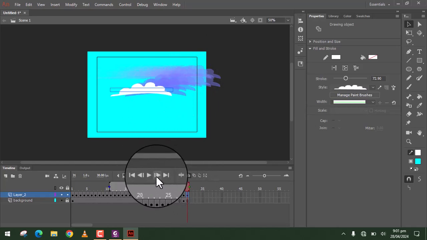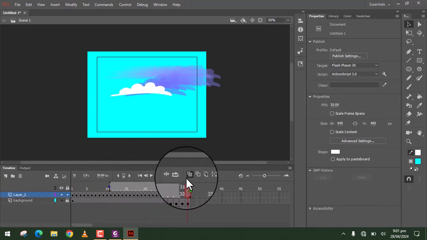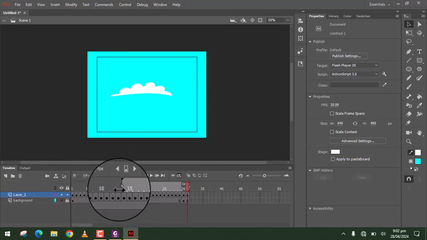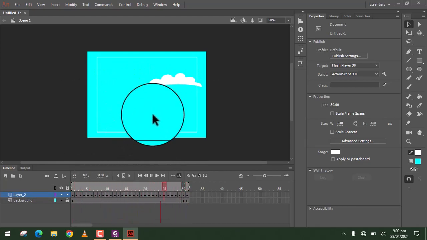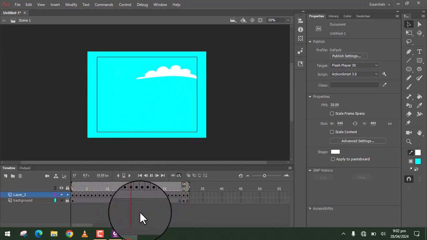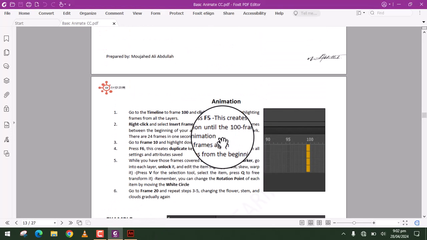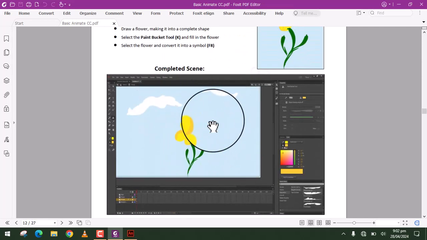Okay. After that, you can play this one, play. Okay. For the loop, like that. So select the frame you want to loop and then play, like that. That's for the basic animation. So you will add that to your scene here, which is you need to animate your cloud and your flower.